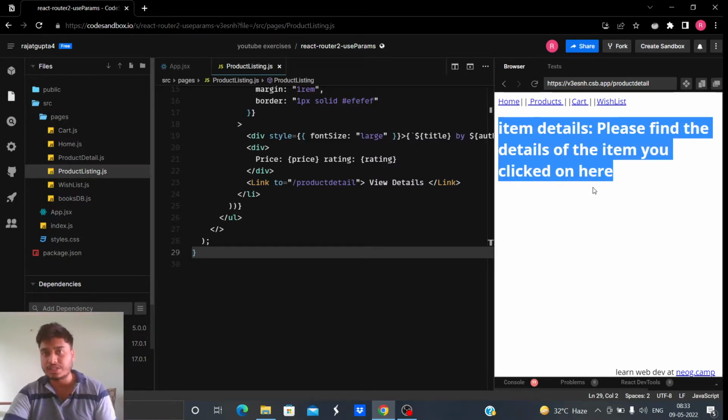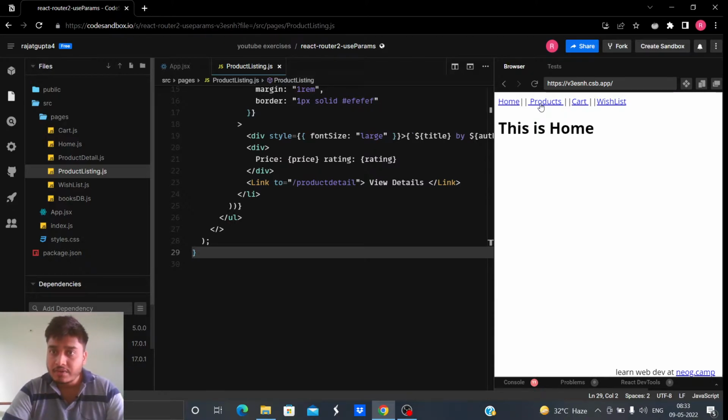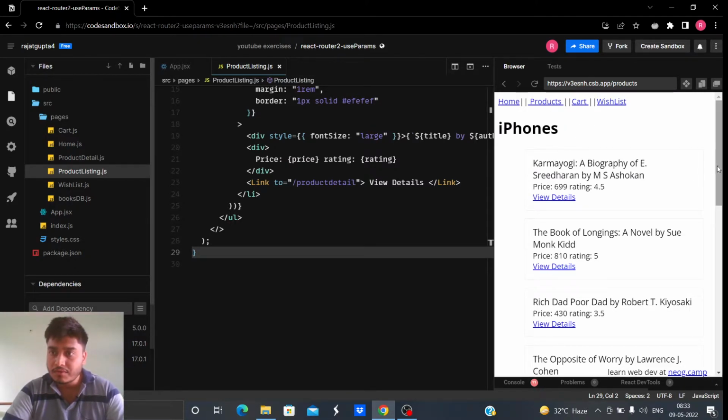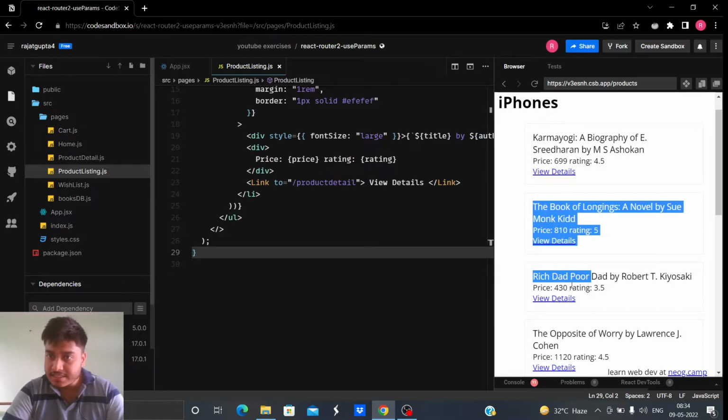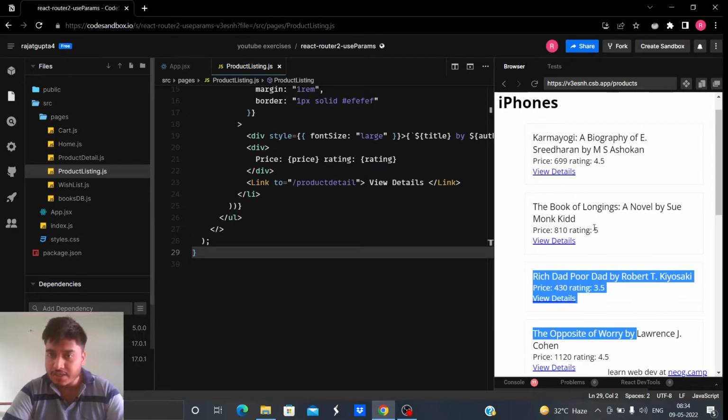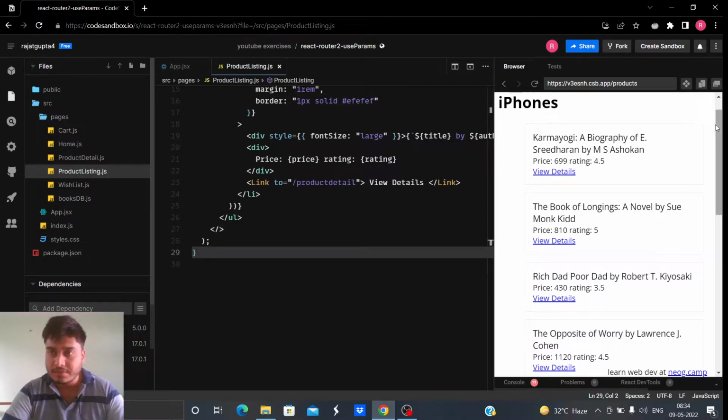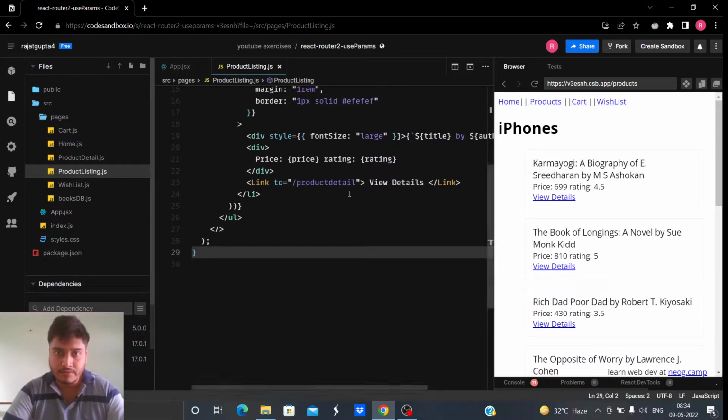That we want to change, but for that to change, we have to make a separate route for this and this and this, and all of these we have to make a separate route where the details of that particular page will be displayed. But that's not feasible, so let's use params. So how do we do that?